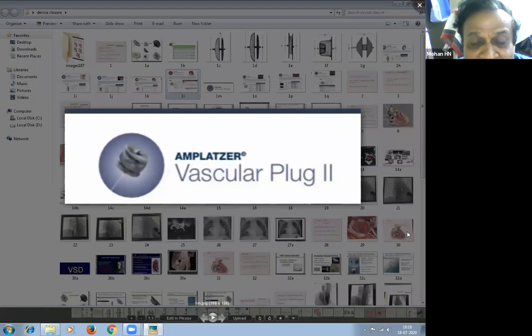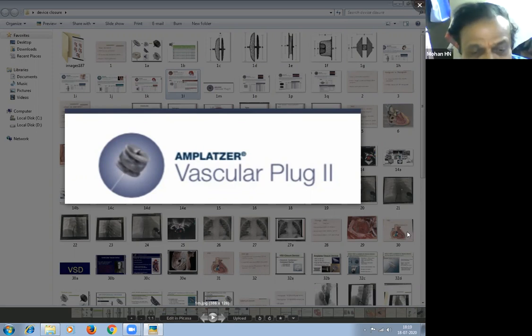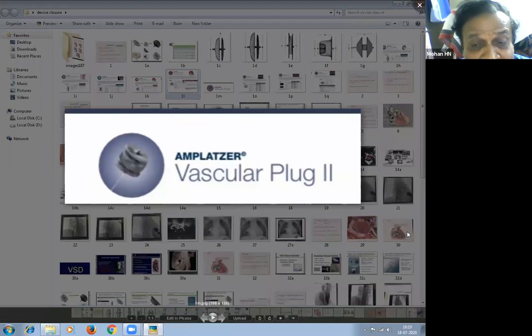So this is the vascular plug. Vascular plug 2, 1, 2, 3 ports are there. So that's an Amplatzer vascular plug. It can be used for the embolization. This one, we may use for AV fistula, coronary fistula. Sometimes can use it to close the umbilical cord. There we can close it. So even like a tubular type of